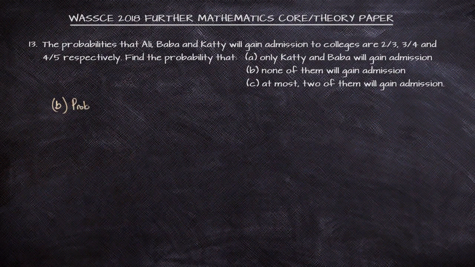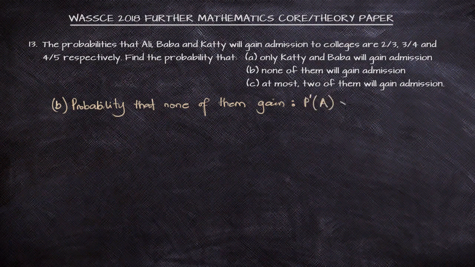Now, I want to look at the probability that none of them will gain admission. The probability that none of these 3 personalities we are looking at will gain admission. Now, that will mean that Baba fails, Ali fails, and Katie fails. And that will be P prime A multiplied by P prime B multiplied by P prime K. These are the probabilities that each one of them will fail. So none pass means that each one of them fails, and that will be